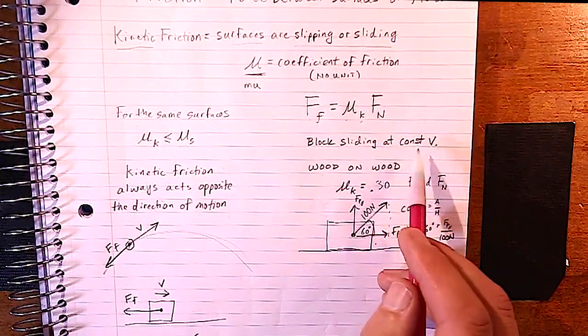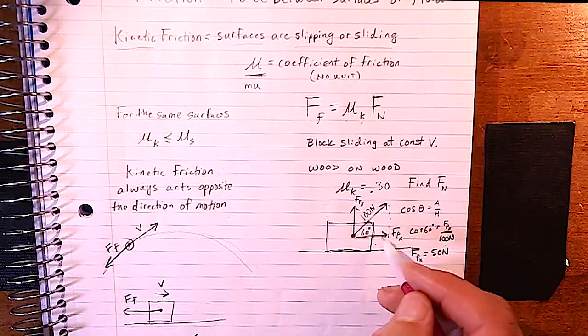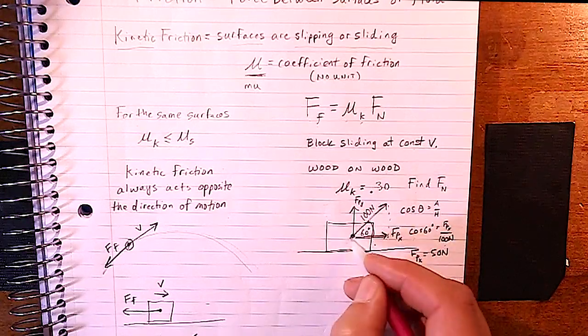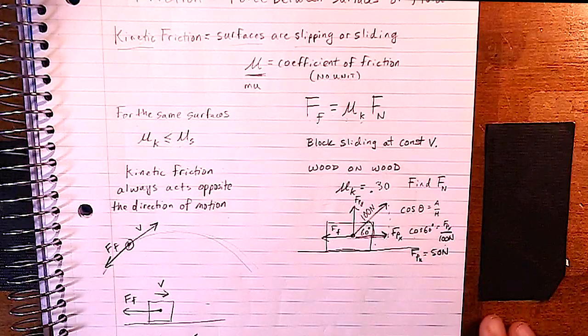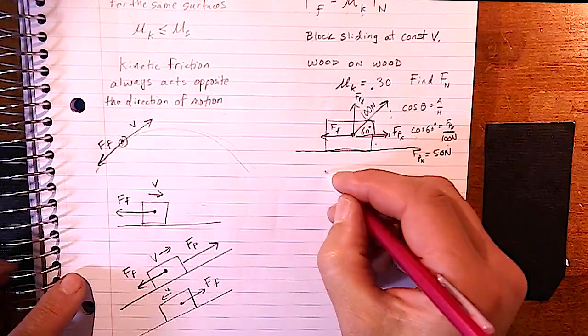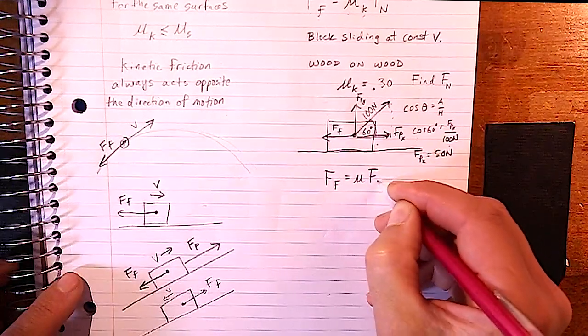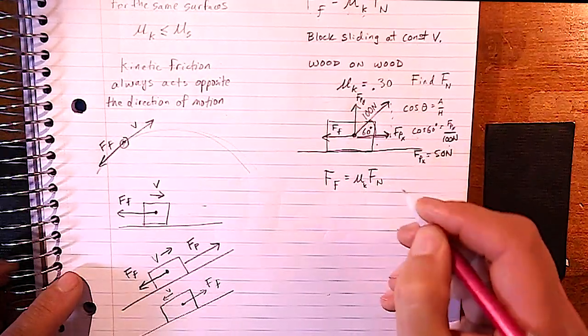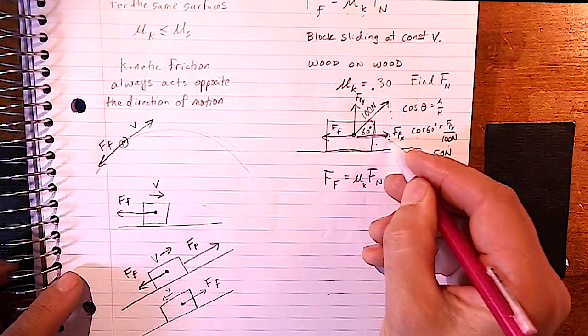Now, if it's moving at a constant velocity, that means that the net force is 0. So that means the force of pull in x has to be equal to the force of friction. So knowing that those are equal, we can say that the force of friction equals mu Fn. Because it's kinetic, we can put in a k. And we know the force of friction is equal to the force of pull in x,